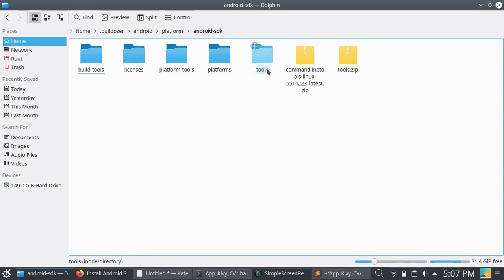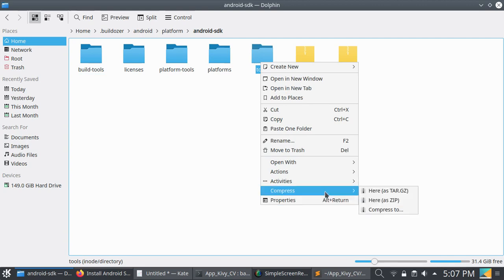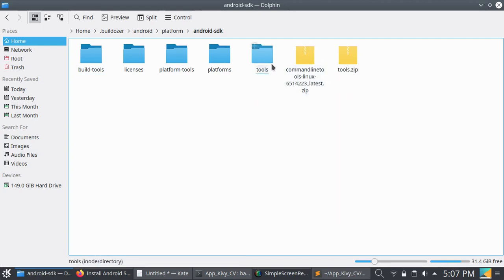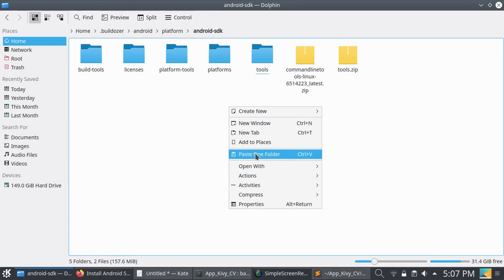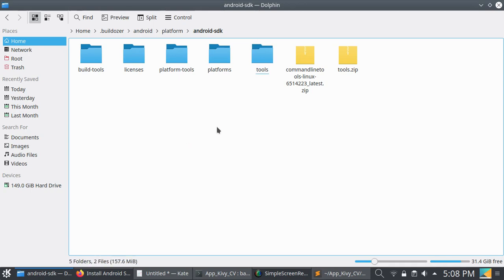Just replace these tools with the new tools folder, but before that store the old tools in any other location, such as another location on your hard disk or a pen drive, or compress it into a zip file and store it. Then paste the new tools. I'm not going to do that because I already have done it.